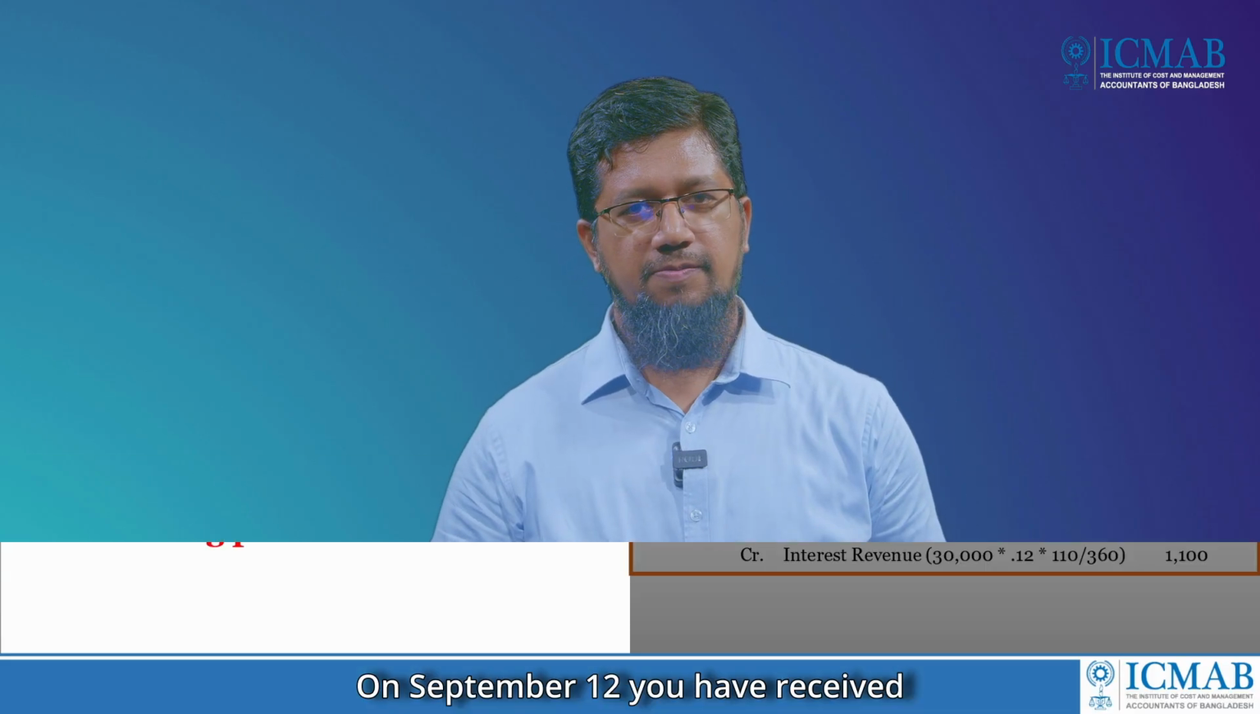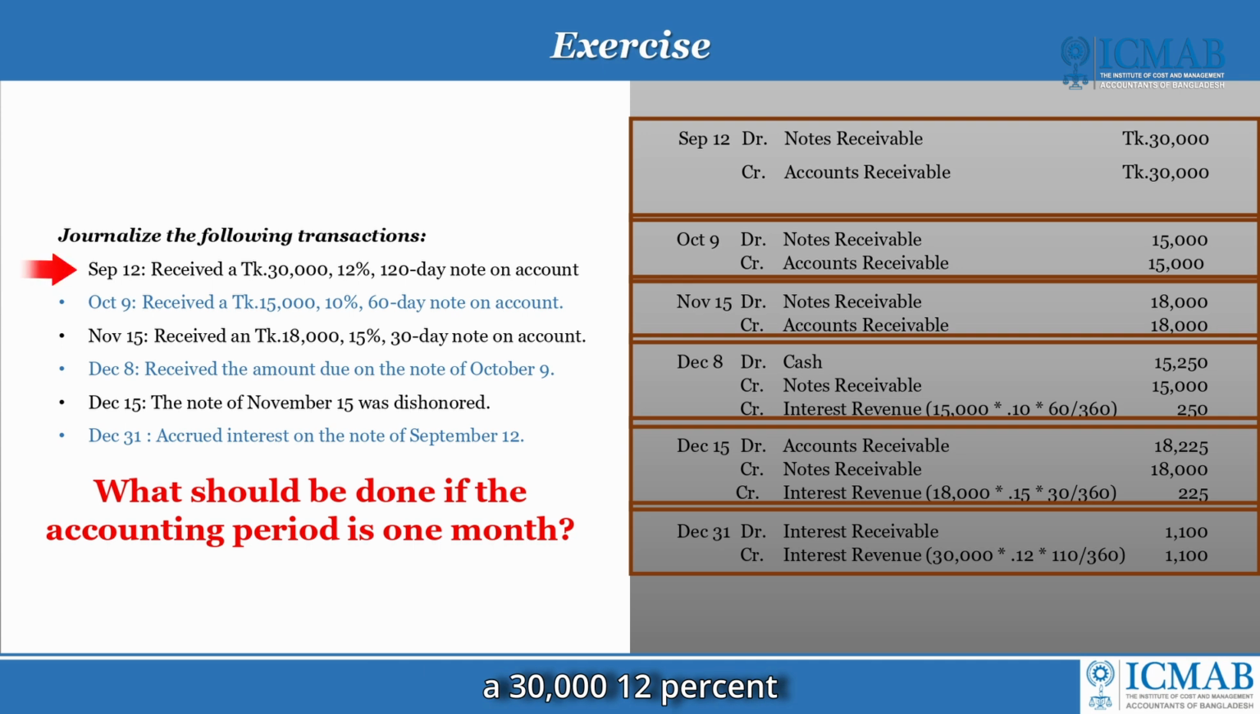Let's do another example. On September 12, you have received a 30,000 12% 120 days note on account. So the journal entry should be note receivable account debit 30,000 taka and account receivable account credit 30,000 taka. Then October 9, you have received a 15,000 10% 60-day note on account. So again, the journal entry should be notes receivable account debit 15,000 and accounts receivable account credit